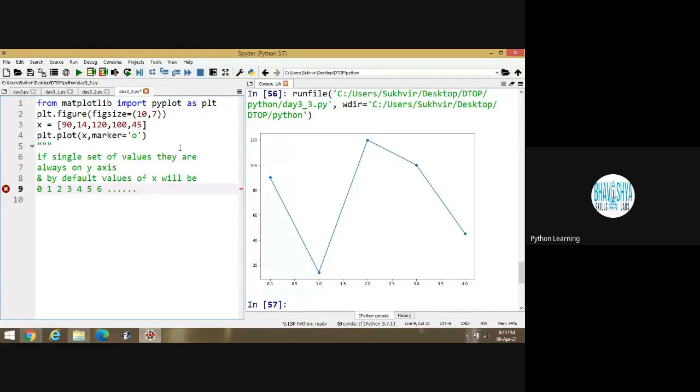Is it okay? Done? Single set of values are there. They are always on y-axis. And by default, values of x will be values of x-axis. Is it okay?